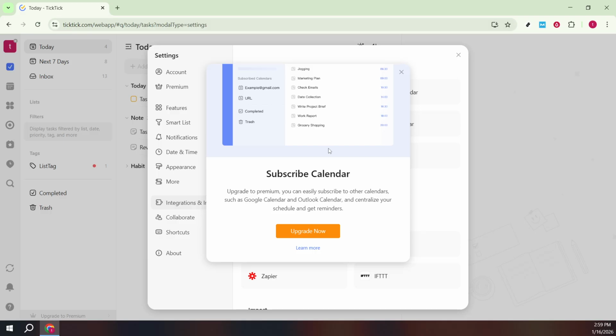If you see a message about upgrading, that's expected. Subscribing to external calendars is a TickTick premium feature. Upgrading unlocks the ability to bring in Google and other calendars and receive unified reminders so your events and tasks stay in sync. If you decide to upgrade, complete the checkout, return to the calendar section, and continue with the